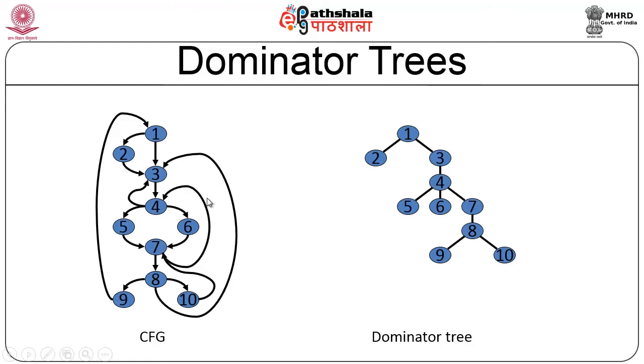This is converted to a tree representation to indicate which node dominates which. Here 1 dominates node 3, 3 dominates all other nodes, 4 dominates 5, 6, 7, 7 dominates 8, and 8 dominates 9. That is what we represent as a dominator tree. Once this is done, it is easier for us to understand what should not be missed in order to do control flow analysis. That is why we do dominator tree construction.